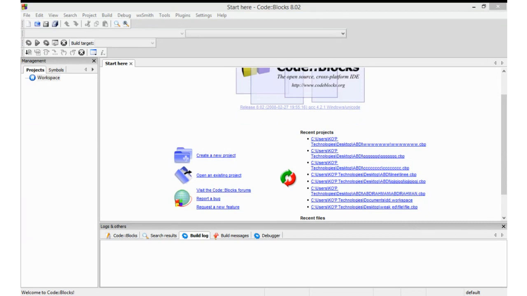On the left hand side, we have certain links: create a new project, open an existing project, visit the Code::Blocks forums, and request a new feature. So all these can be used in trying to